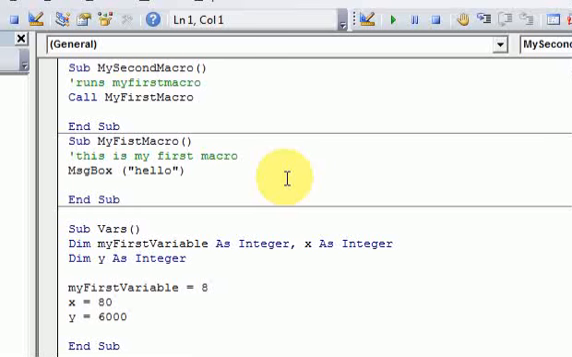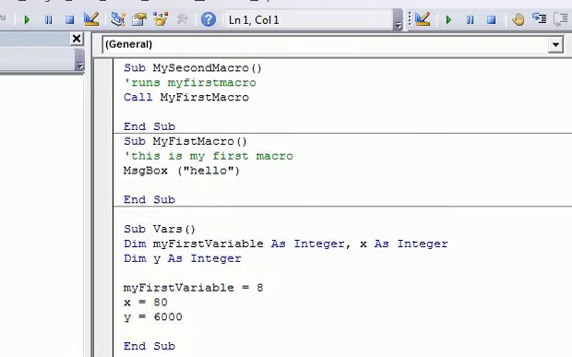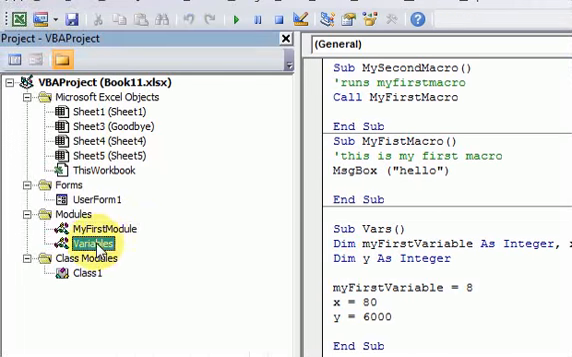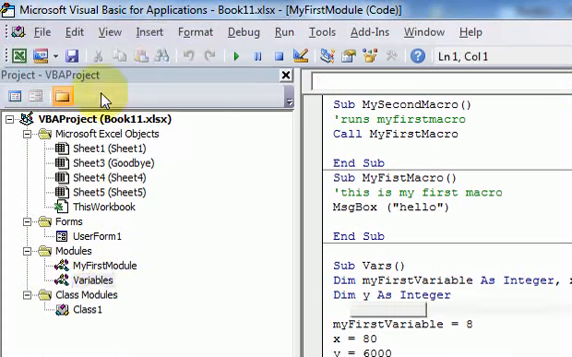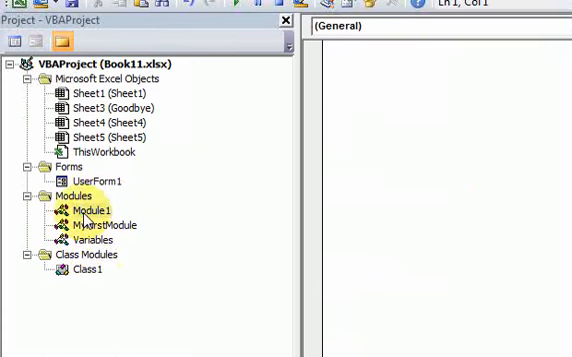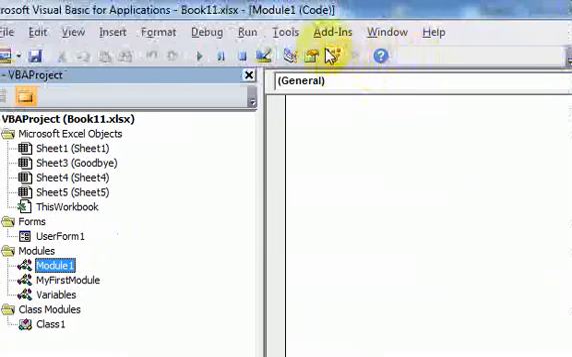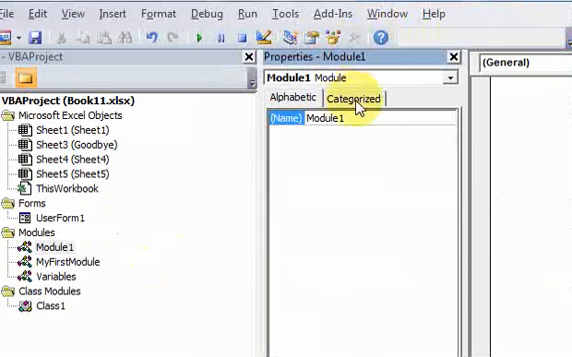Okay, guys, now we're going to talk about the lifetime of variables. And you'll understand what I mean by that in just a second. But let's insert a module. So I'm going to go up here on the toolbar, insert module. I'm going to rename this module in the properties. I'm going to call it